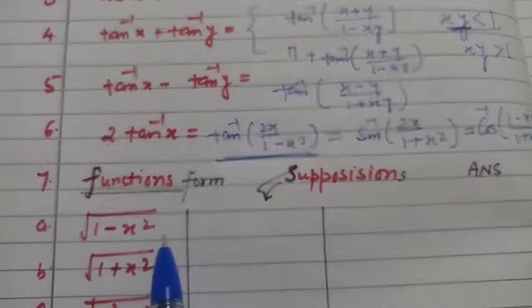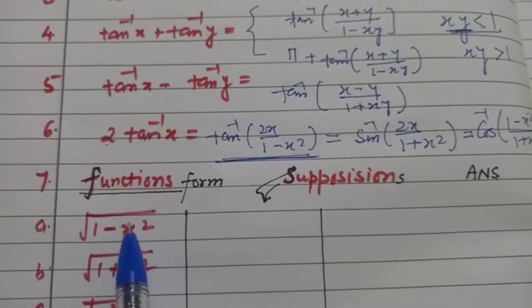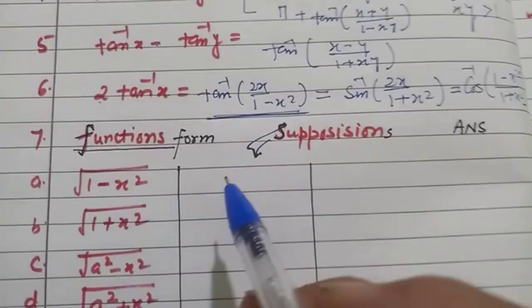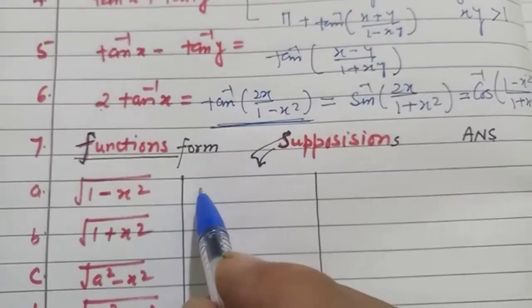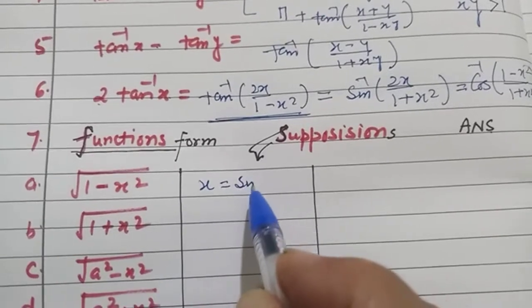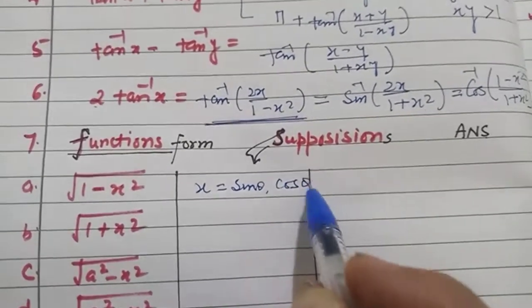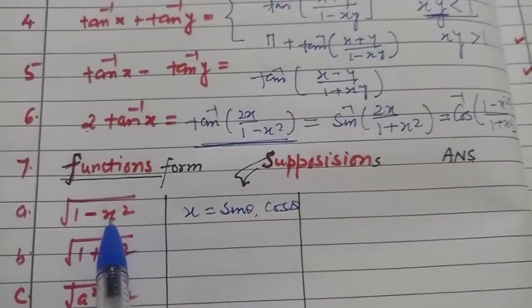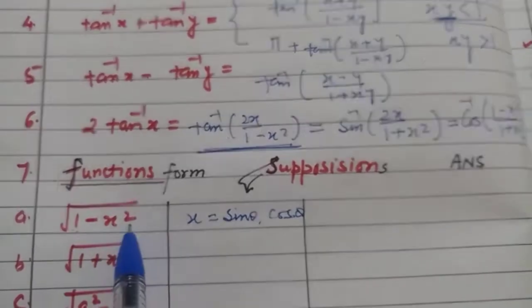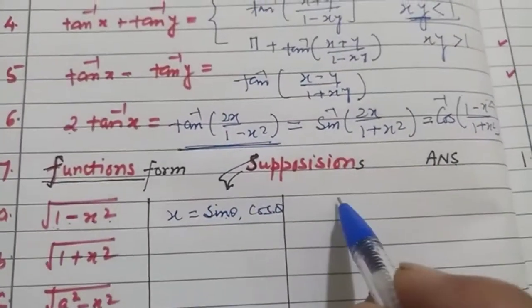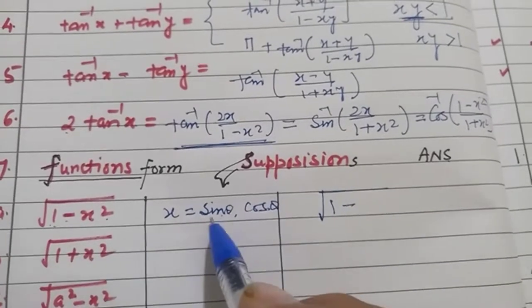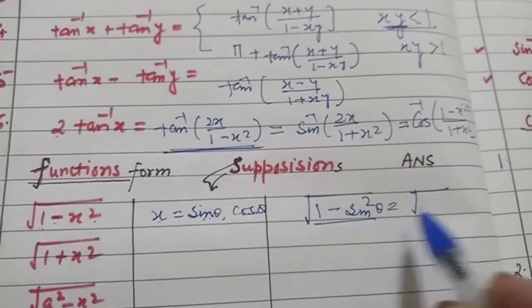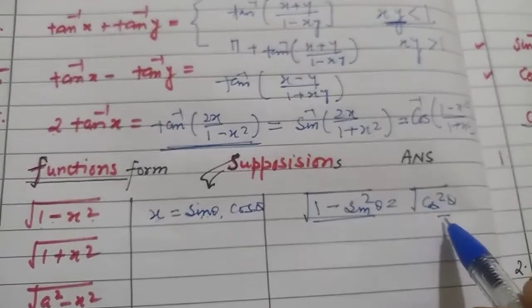Now next thing which we already have discussed, if the function has the form under root 1 minus x square, then just to simplify it, x can be placed either as sine theta or cos theta, but it depends upon the requirement. Either we have to put sine or cos, that you have to see. If I put x equal to sine theta, 1 minus sine square theta, which is under root 1 minus sine square, is cos square theta, simplified as cos theta.